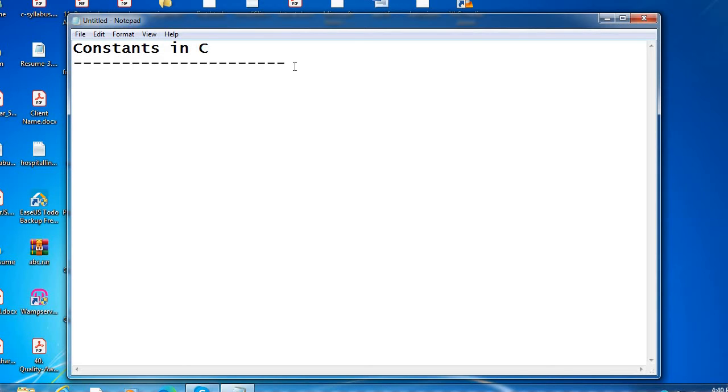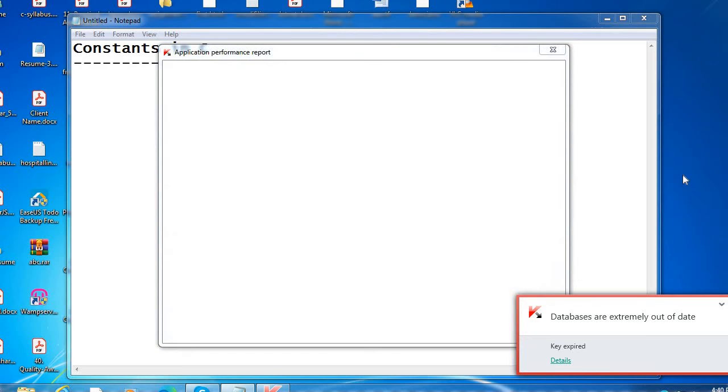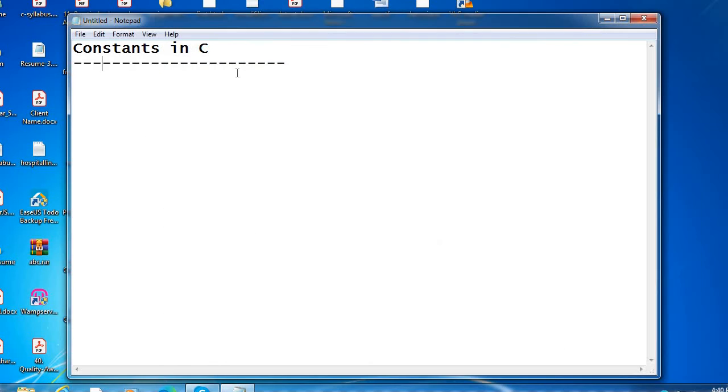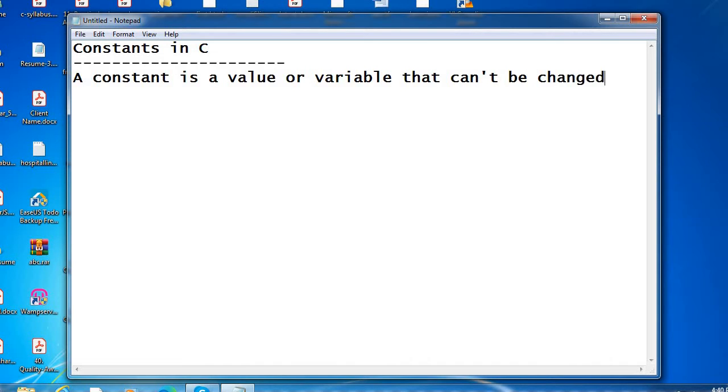A constant is a value or variable that can't be changed in the program.